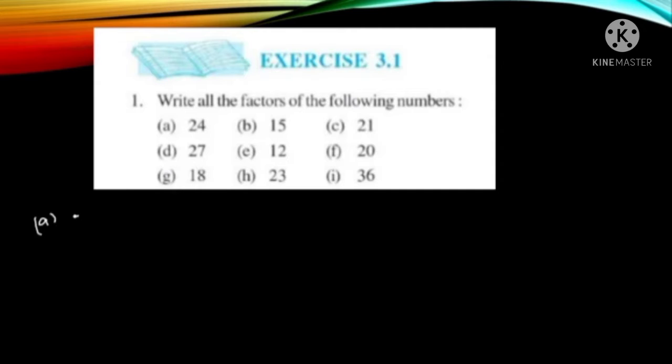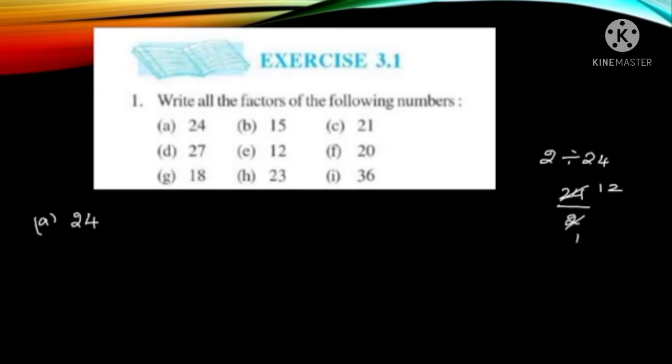First subdivision, 24. What do you mean by factor? A factor is nothing but a number that should divide the given number exactly. For example, 2 divides 24, isn't it? 2 12s are 24. If I divide 24 by 2, we get 12. So this 2 is an exact divisor of 24. Similarly, 3 tables: 3 8s are 24. So 3 is an exact divisor of 24. So like that we have to find what are the factors of 24.